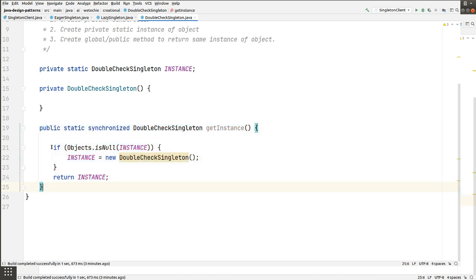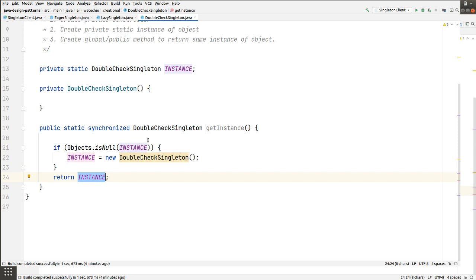Let's say thread A comes inside this method and checks whether the instance is null or not. That will be the first call to this method, so the instance reference will be null. It will come inside this if block, create an object of the double check singleton class and return the instance back to the singleton client.